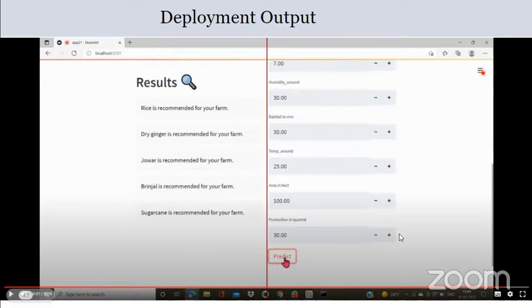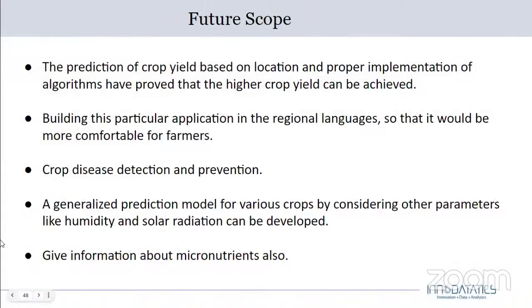Now coming towards the future scope. As you can see, this application has a great future scope. This web page will help the farmer in predicting crop disease and prevention. It will help increase their crop yield by applying the proper algorithm, and we can achieve higher yields of crop. In the future, we can also add different languages to this web page. We can also add sound features to our web page, for those who cannot read and write. As of now we have just added the Telangana region in the web page, but later on we can also add different states of India.